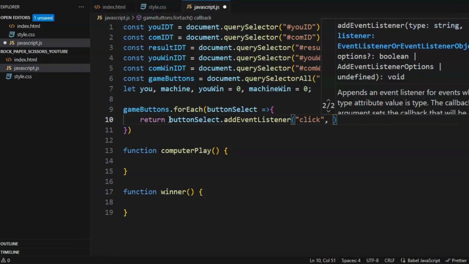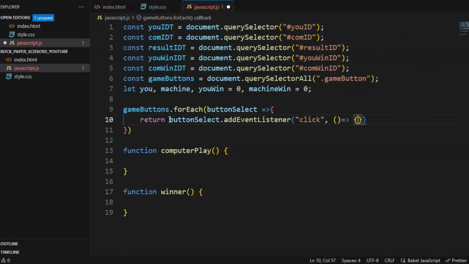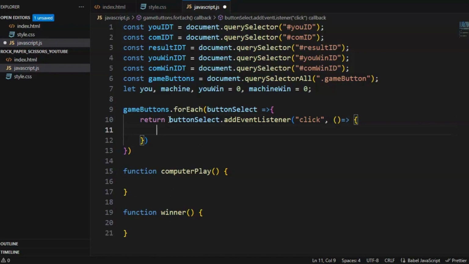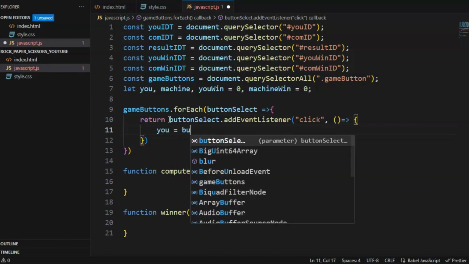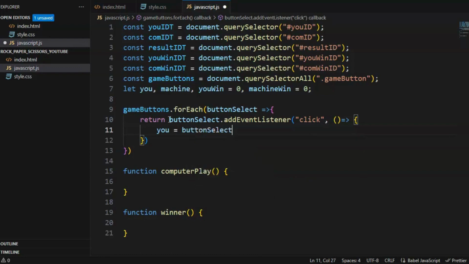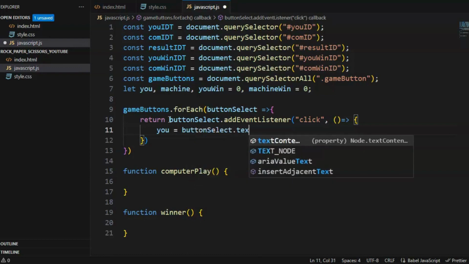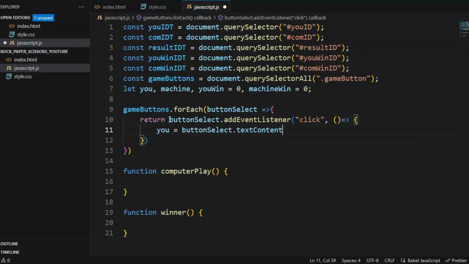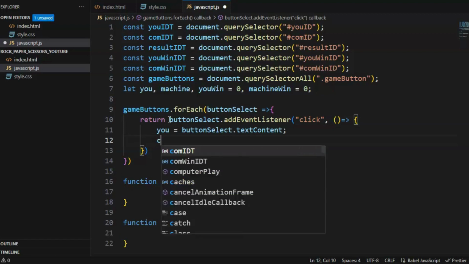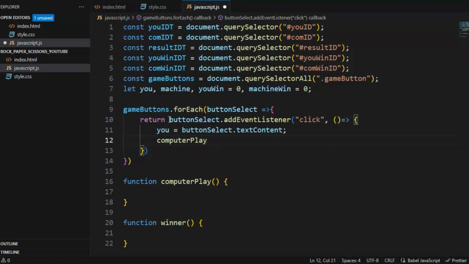And we'll have another arrow function inside this addEventListener. So we'll have this variable declared here. We'll assign some value for these variables. So basically whatever button the player presses, that text content will be assigned to this particular variable, and we're gonna call the function here, the computer play function,